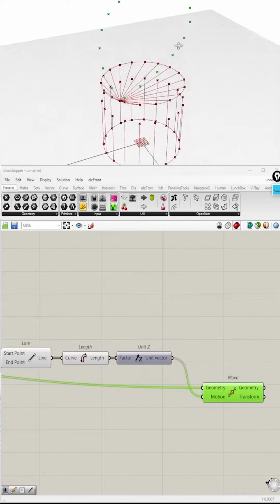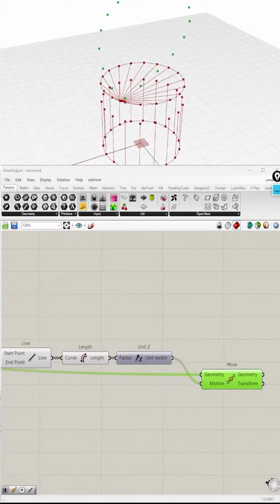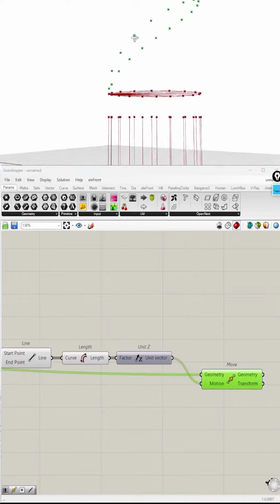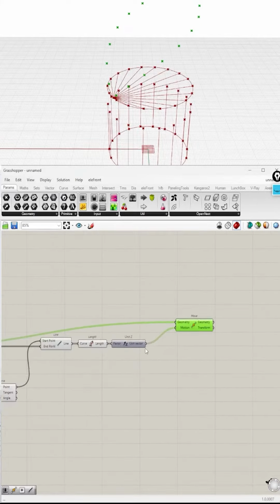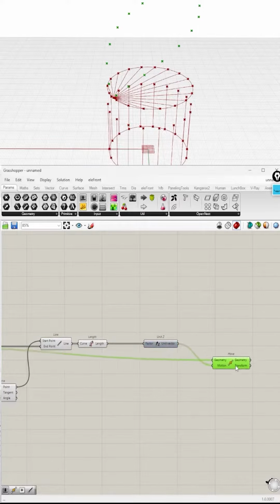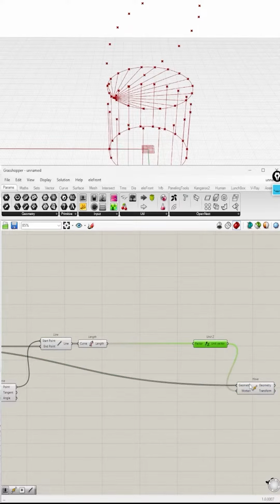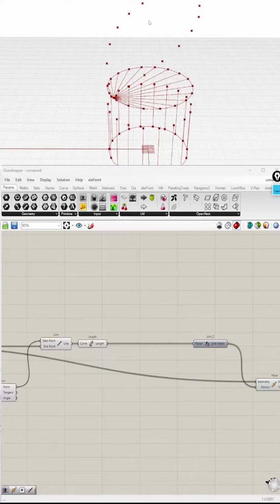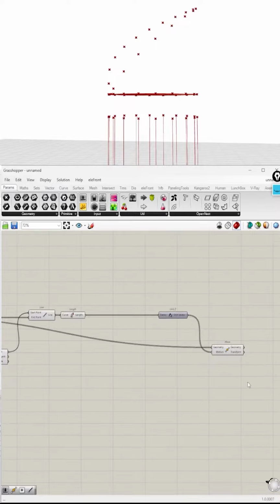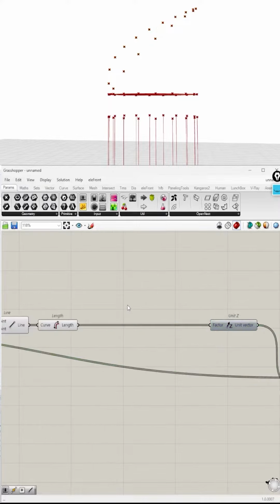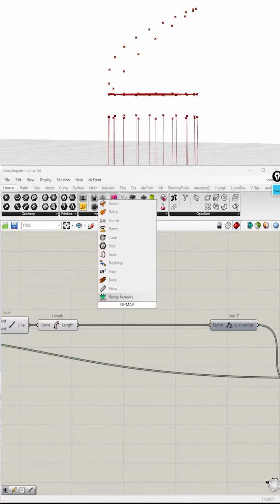is that we don't have any control. We're just using whatever length that is going to be the height. To change that, this is where we can take any set of numbers and change them to be a smaller set, basically scaling them down, but using math or using the components here. So how do we do that? We'll take the length, we'll remap the numbers,